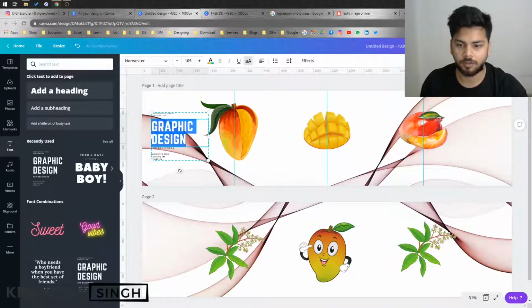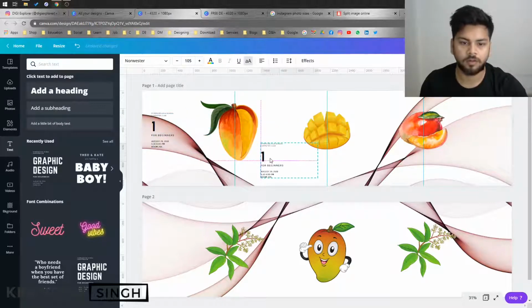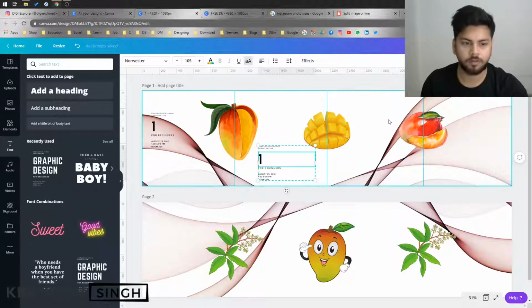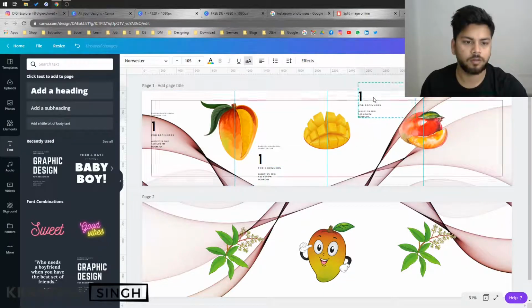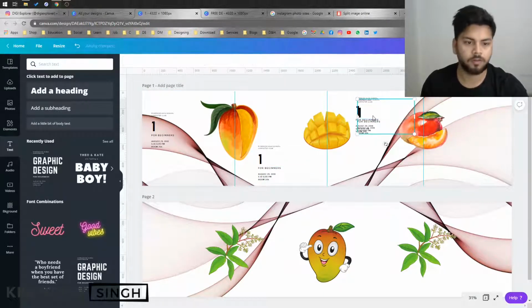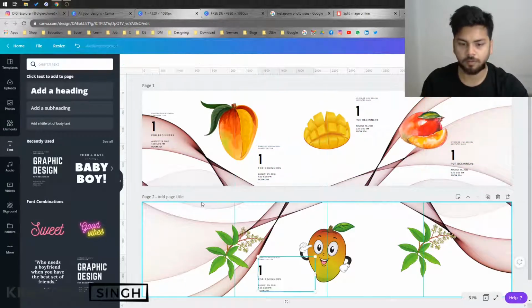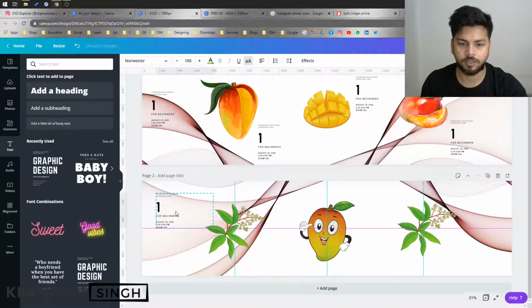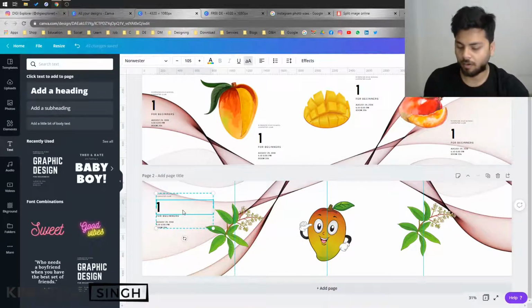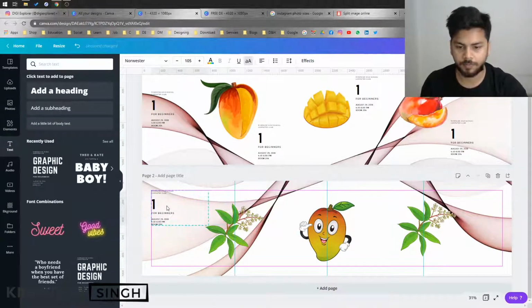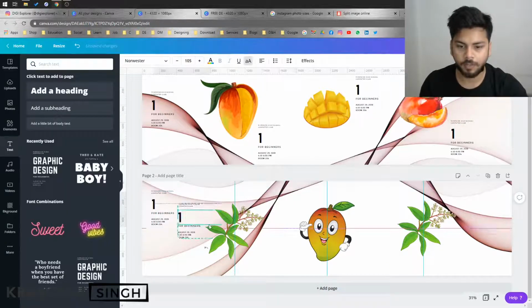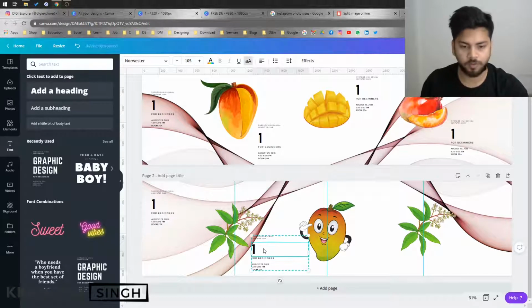So as you can see, you can place a lot of information in your carousels, so that people can actually take value from your Instagram post.